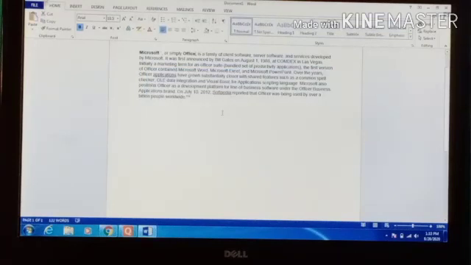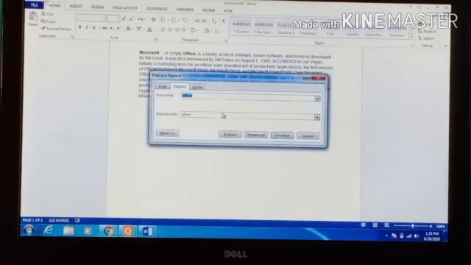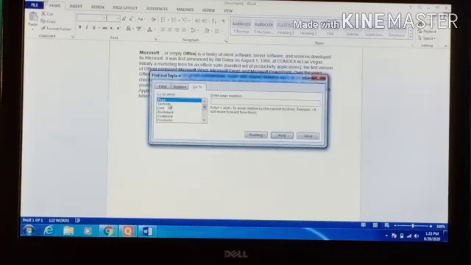My dear student, there are three places. This is the replace time. There are so many sections. You just go to the next section.